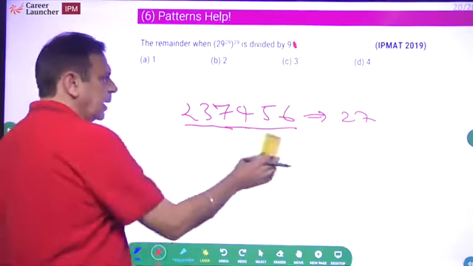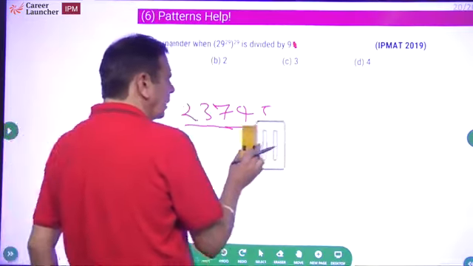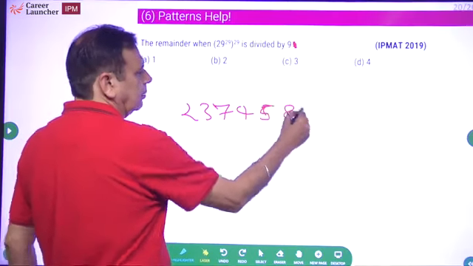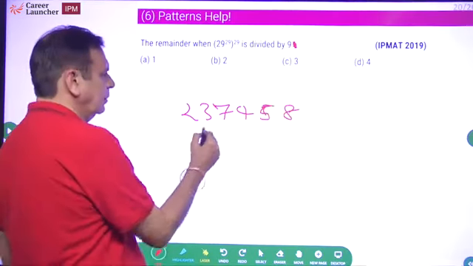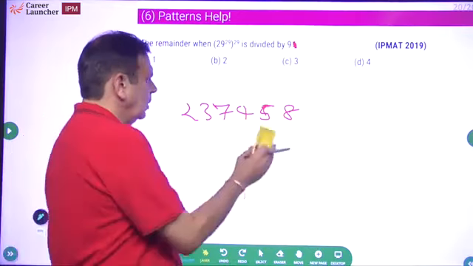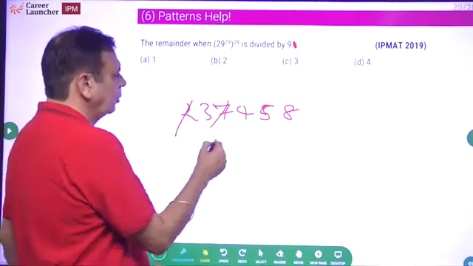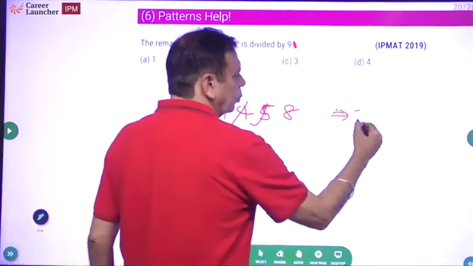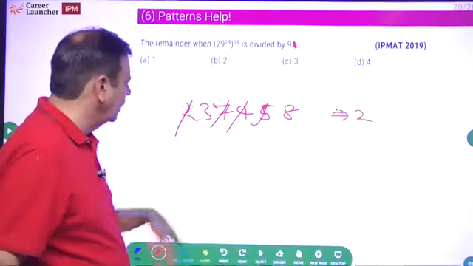Okay? Now let's come to the next one. Supposing I make this number not this, but 8. How much will it be? Okay. So remove the 7 and 9. 5 and 9, 11. It will have a digit sum of 2. Okay. What have I done? Let me explain this also.